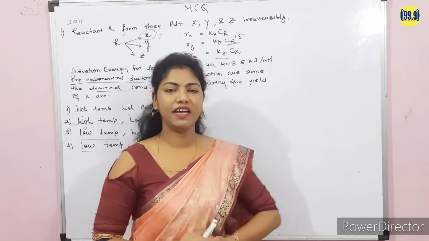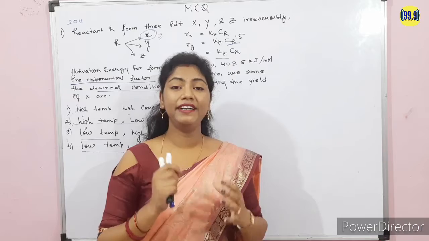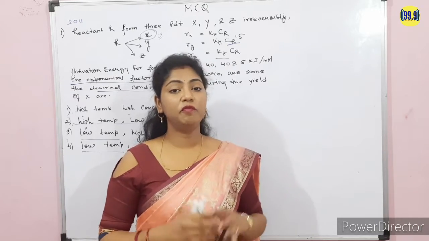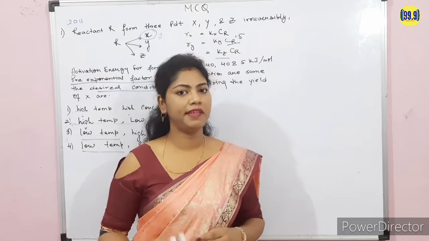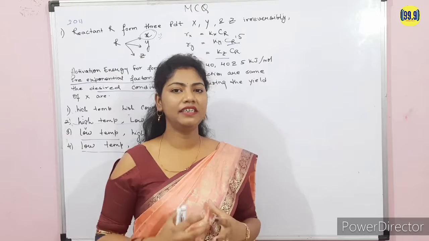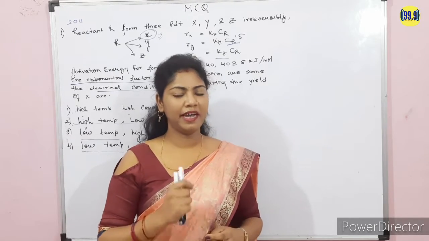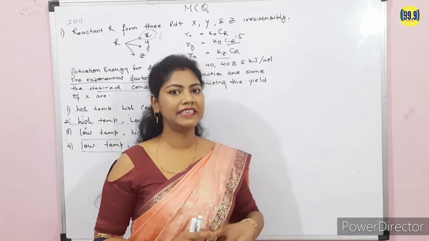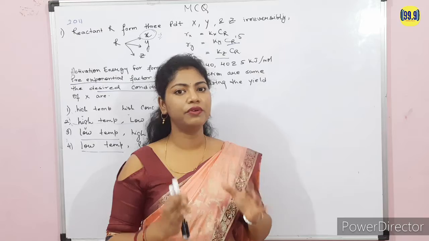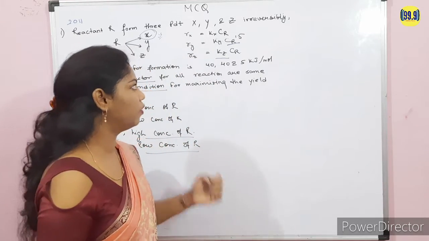So following this MCQ, we need knowledge about the reaction rate constant, the temperature dependent term, and the activation energy, which comes out from the Arrhenius equation. All the concepts related to the activation energy are already discussed in my previous lecture of this chemical reaction engineering playlist. The playlist is in the i button and in the description box, so you can go and watch it first and then come to this numerical.